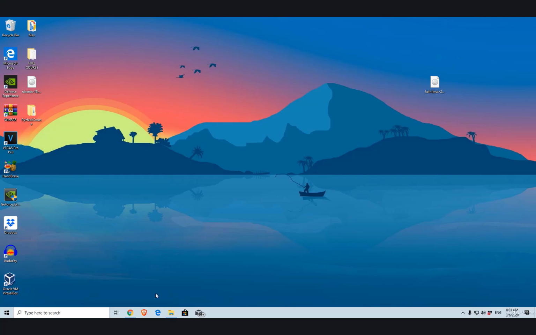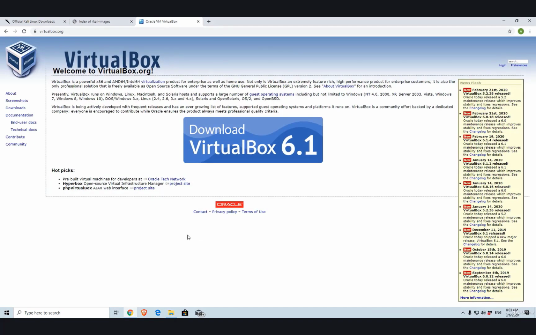All you need to do is go to your Google Chrome or Firefox, whichever you're using, and navigate to the link virtualbox.org. Once you visit this link, it will lead you to this page where it will tell you to download VirtualBox 6.1. It doesn't really matter which version you download, they're all rather the same, so you can simply click on the newest one, which at the moment is 6.1, click on download,